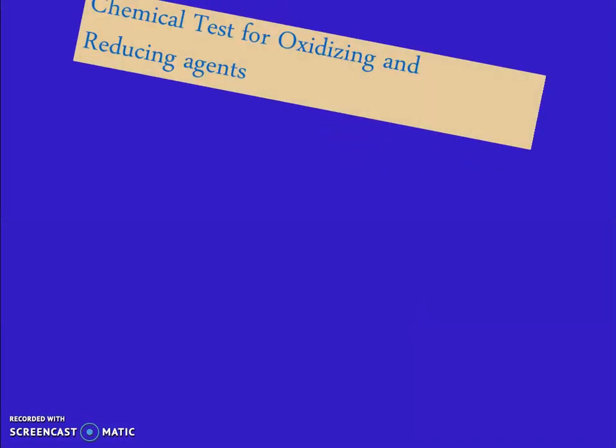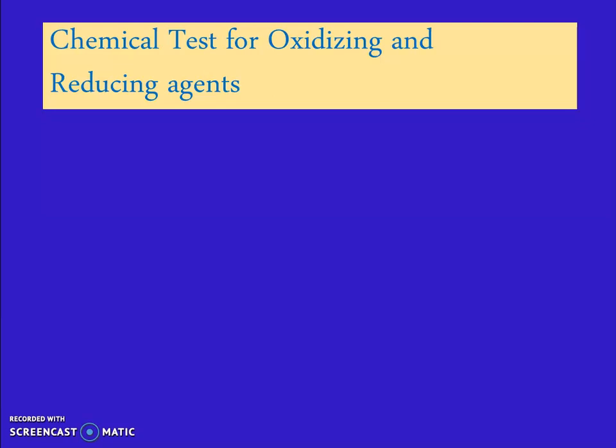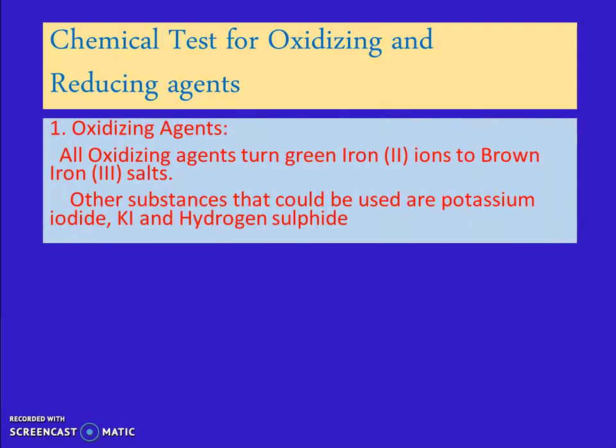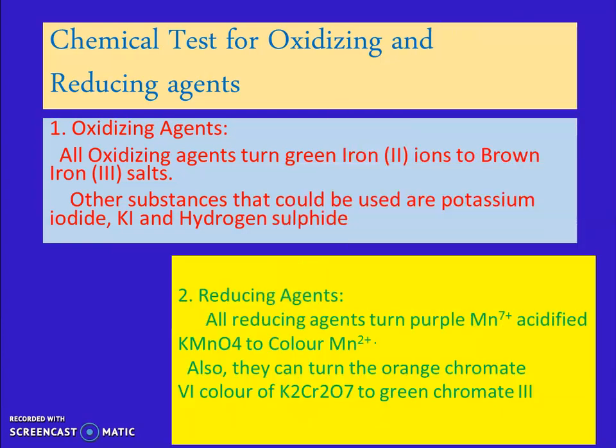Now, lastly, we are going to be talking about the chemical test for oxidizing and reducing agents. It's in the content below, and I want you to look through it because in the content below I have diagrams to show you how we can test for oxidizing agent. We can test for oxidizing agent by using iron 2 ions, and we can test for reducing agent by